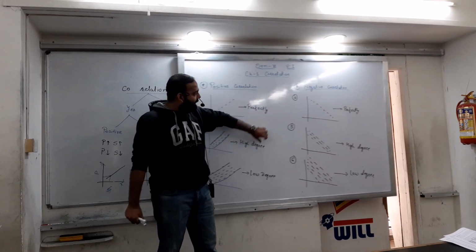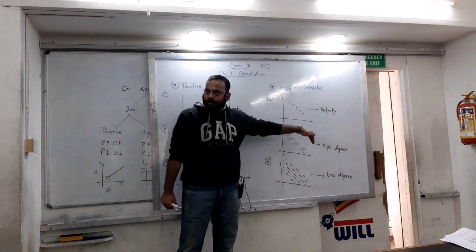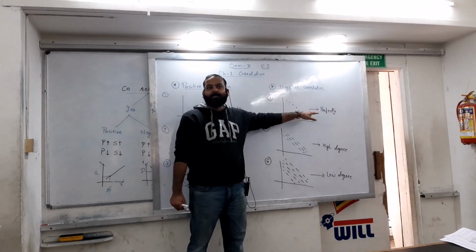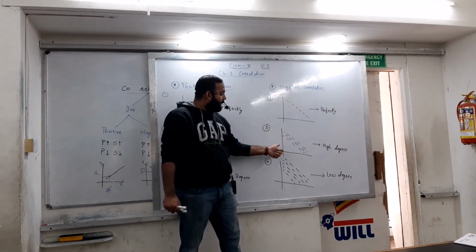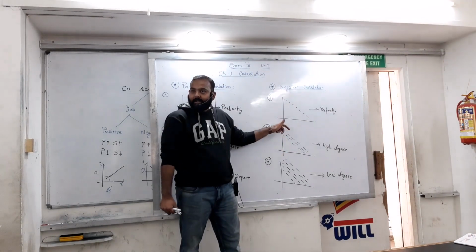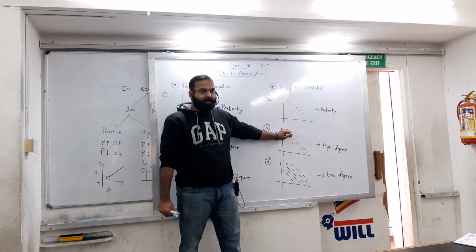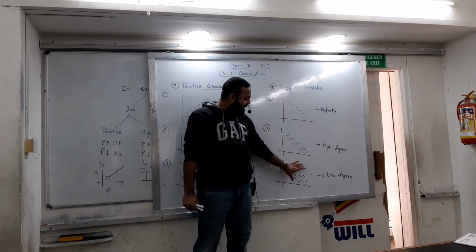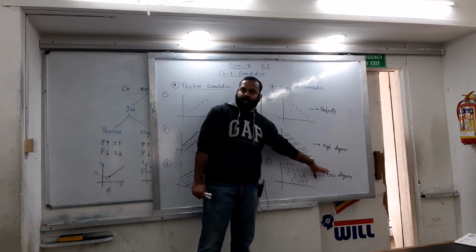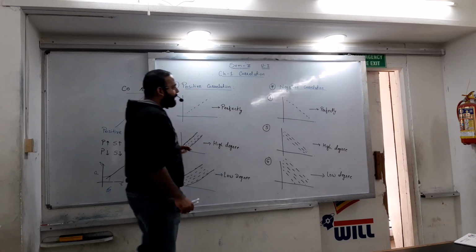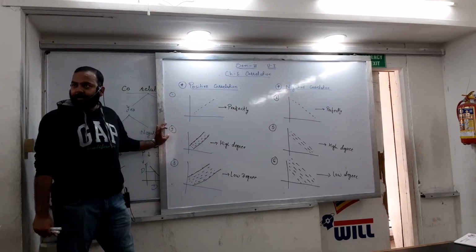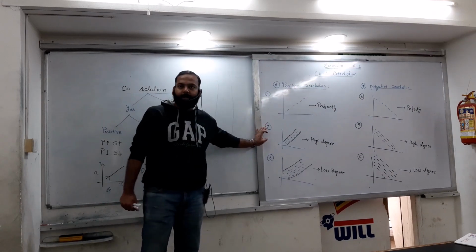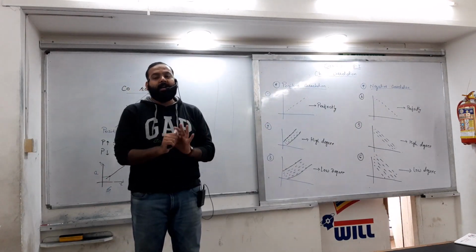Same way in negative correlation the slope is downward sloping, but when it is one single straight line, it is perfectly negatively correlated. When it is high degree, it has a narrow band but still it is downward sloping, so it is a high degree of negative correlation. And when the band is wider, then it is a low degree of negative correlation. Are you guys clear? अच्छा, ये पूरा हमने जो देखा इसमें सारी जगह पे हमने सिर्फ इतना ही जजमेंट पास